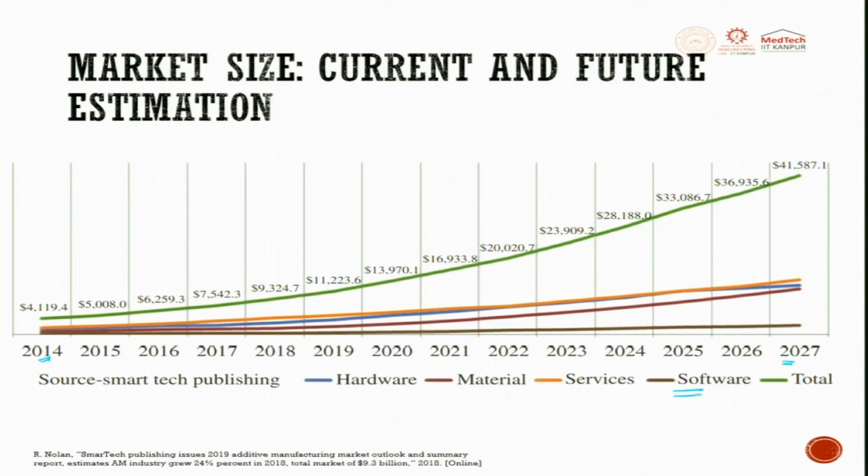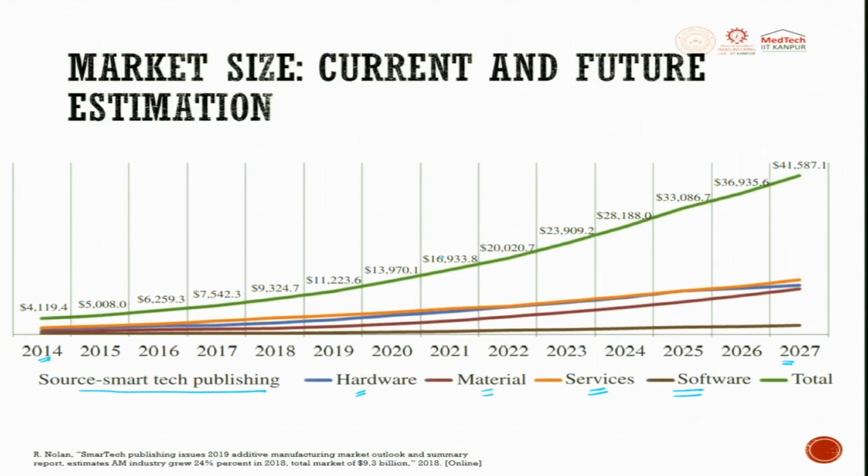There is a need for software also to help make this additive manufacturing process more productive. Service industries are exhaustively using it. Materials and hardware are some of the most important contributors to the total estimate of additive manufacturing, in